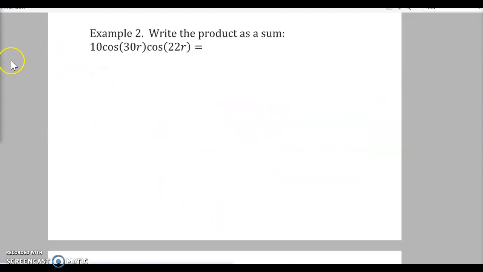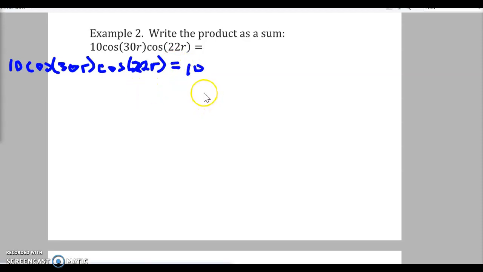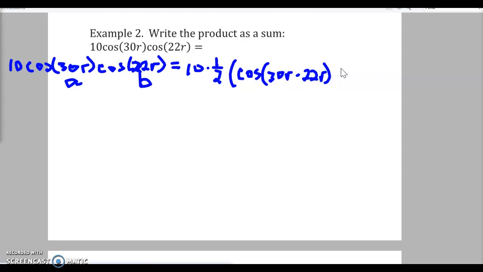Okay, moving right along to example number 2. Now we have 10 cosine of 30r cosine 22r equals, and we're just going to use our formulas again down here. So 10 cosine of 30r, so 10 times 1/2 cosine of a minus b, which 30r is a and 22r is b, so 30r minus 22r, then plus